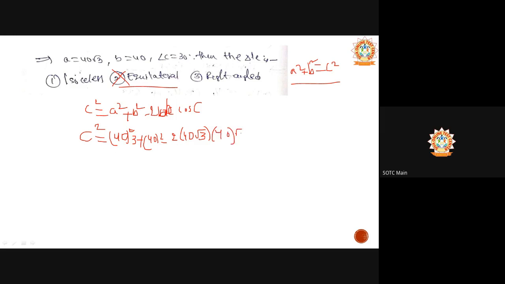Root 3 by 2. So 2 will get cancelled. Root 3 will get cancelled here. Right? So c square is equal to